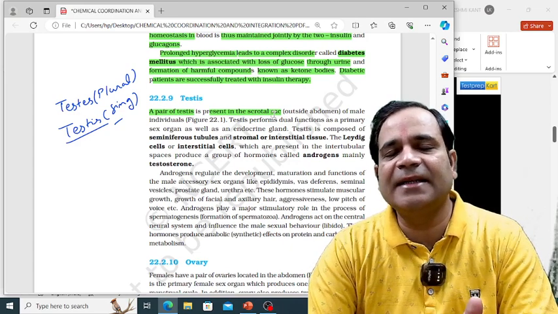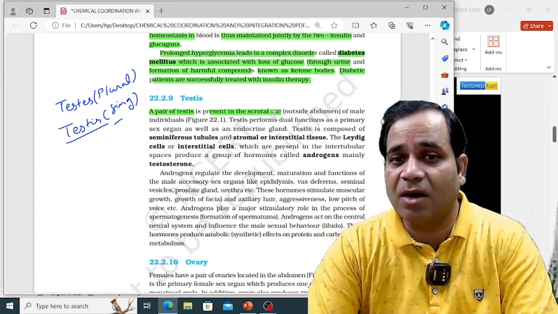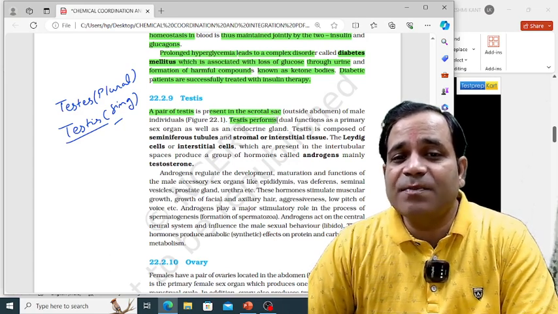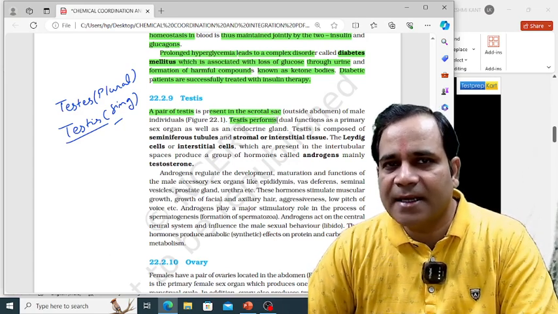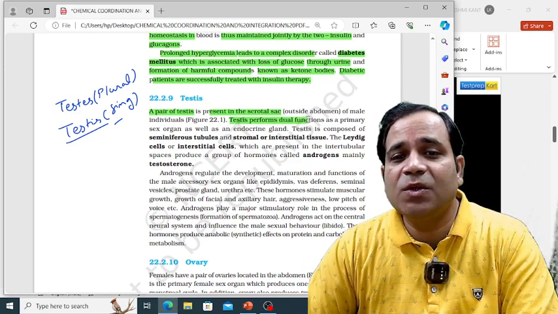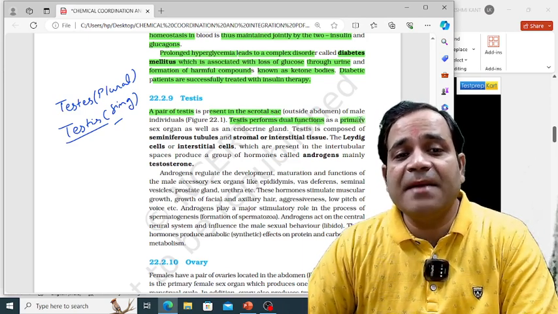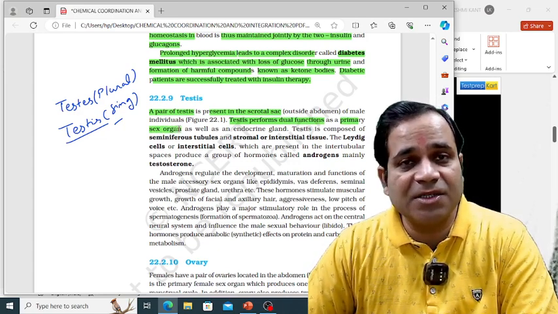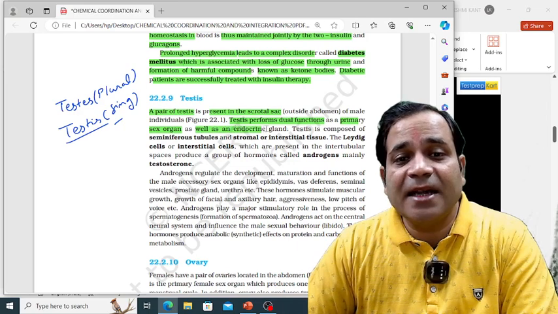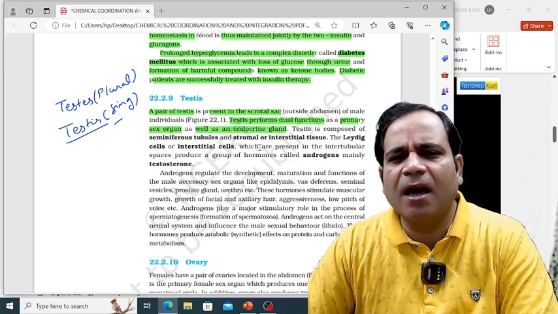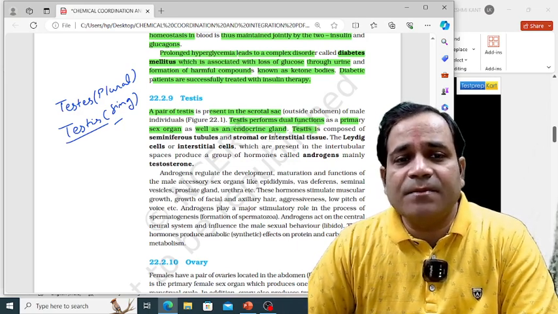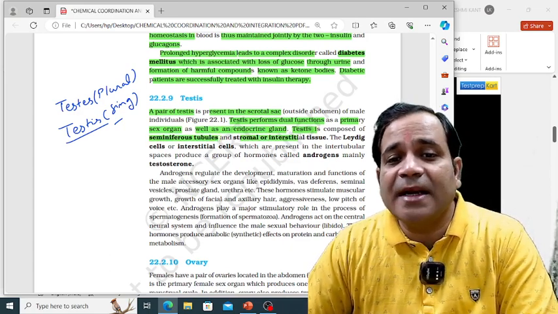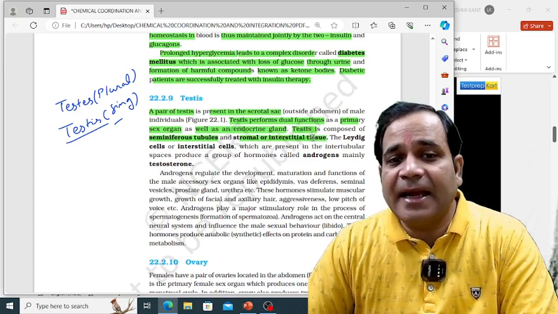The scrotal sac is where it is located. It is located outside the abdominal cavity in a male individual. So testis performs dual functions. Listen carefully. Testis performs dual functions as a primary sex organ in males, my dear, as well as an endocrine gland. So how? Let's see. Testis is composed of seminiferous tubules and stromal or interstitial tissue, and